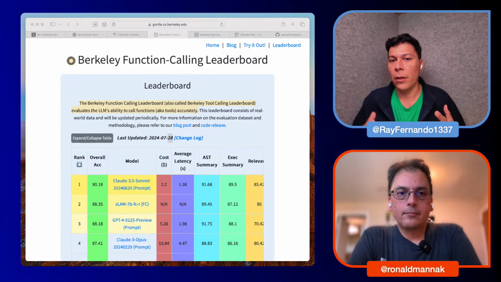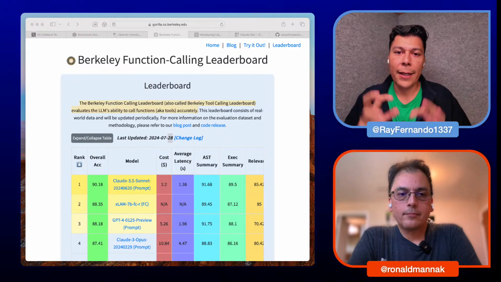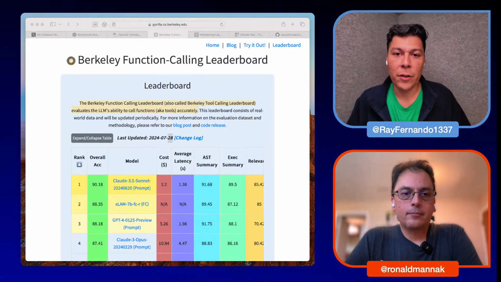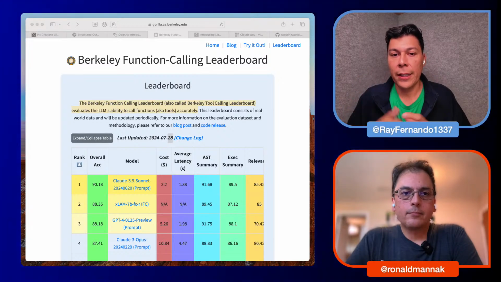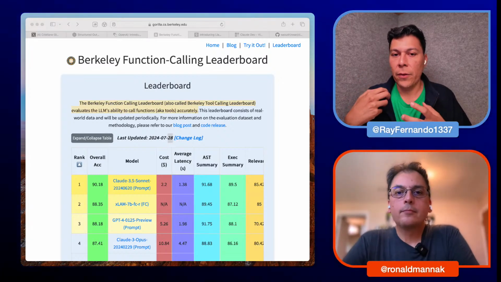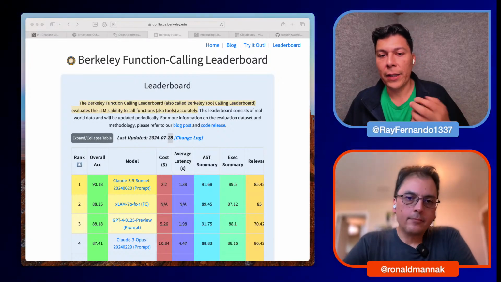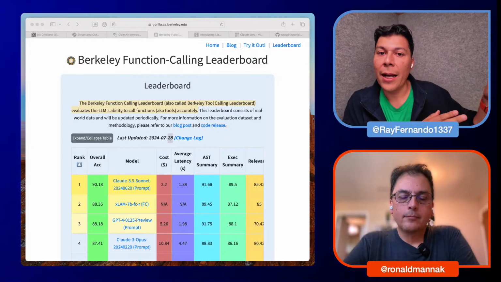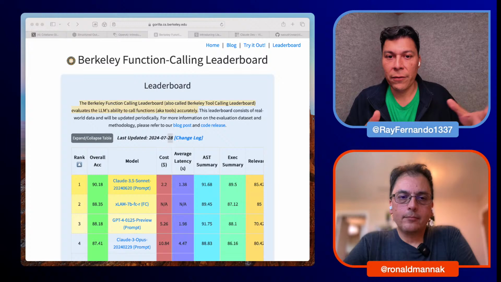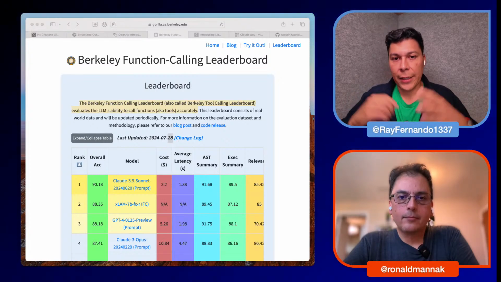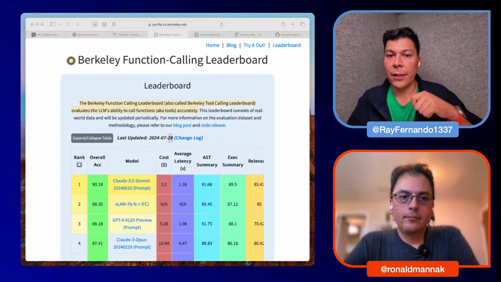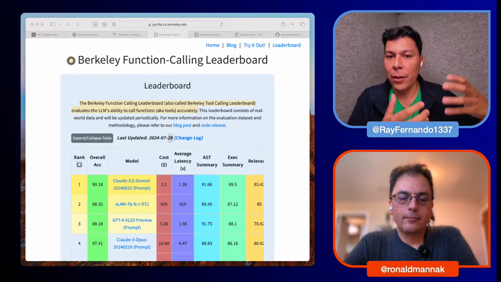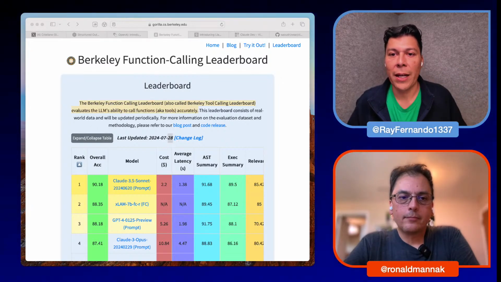Whenever you give a large language model input, like saying, tell me the recipe for pizza, it will generate a recipe for pizza. And so people are taking it a little bit further, saying, if I ask it what's the weather like in San Diego, can you go and talk to the API for this weather app and have it return those variables so I can fill it into my application? That's function calling. It's like giving a language model extended capabilities to act like a go-between to go get that information and structure it back for you.